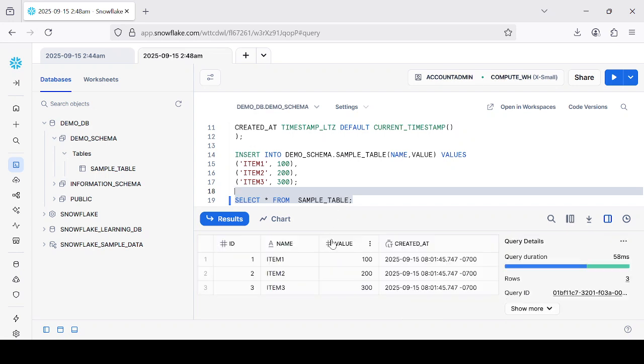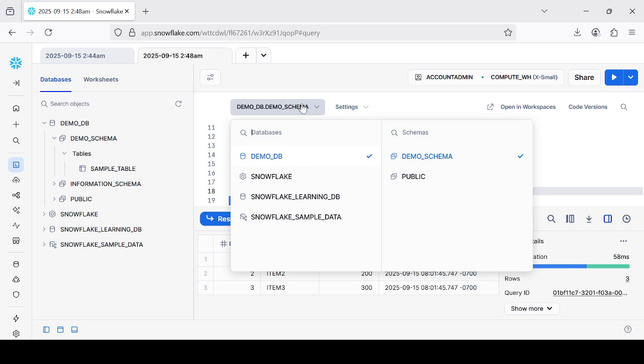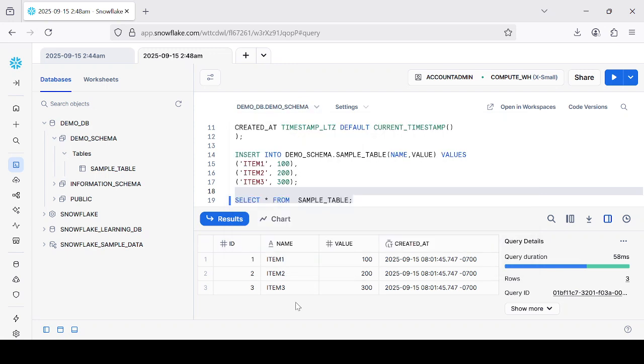See, it is very necessary to roam around the UI. Like here, public schema has been selected, so that's why I was not able to see the results when I entered select star from table. Okay, so congratulations, data has been inserted into the table. Now the next step is